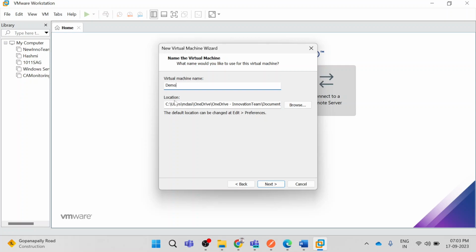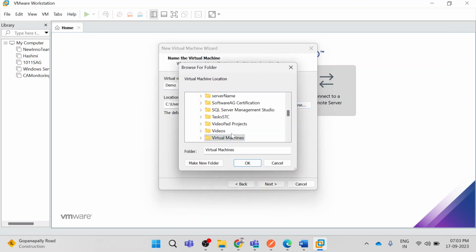you can select the location of where you want to install. So I am installing inside the document. This is the path. You can select anywhere where you want to install. So just click on the browse, and then you can select virtual machine and whatever you want to. So I'm installing